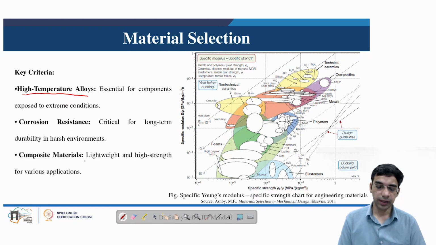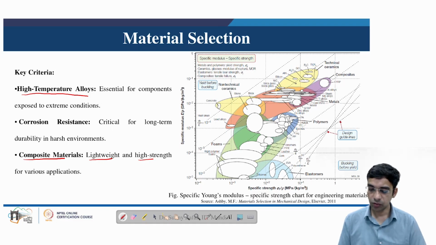And in some conditions, like wind turbine blades, we are interested in materials which are light in weight and have high strength. So polymer matrix composite materials come into the picture when we are dealing with such situations. To manage all these material selection criteria, we have several charts which we will discuss in more detail in the next module of this course.